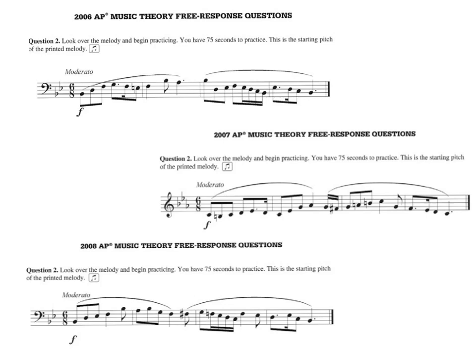2006, 2007, and 2008, they're all in 6/8. Look at the key signature and look at the starting and ending pitches. In all of these examples, the starting and ending pitches are the same for each example, and that does indicate tonic, and that tells us if we're in a major or a minor key.